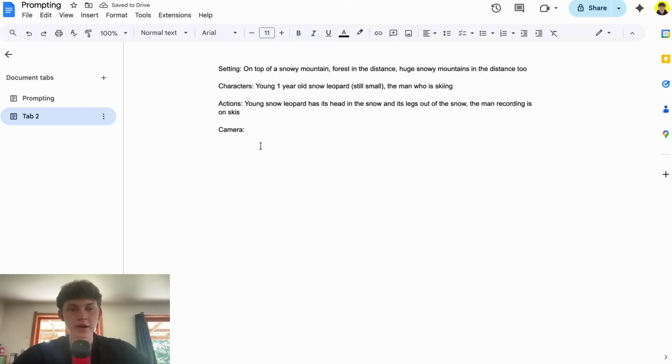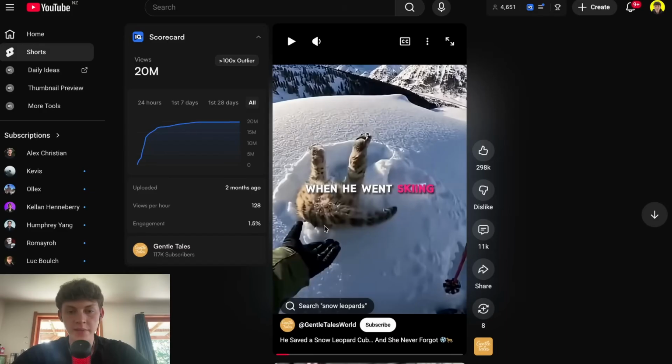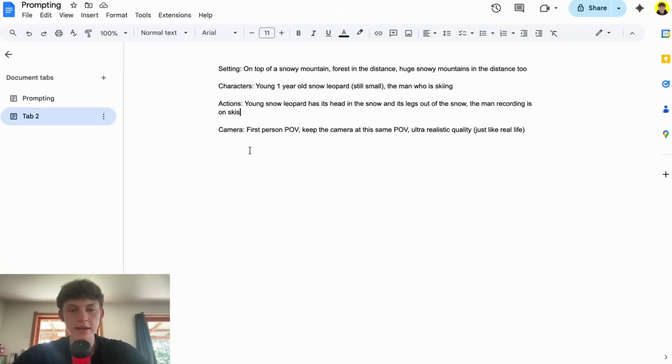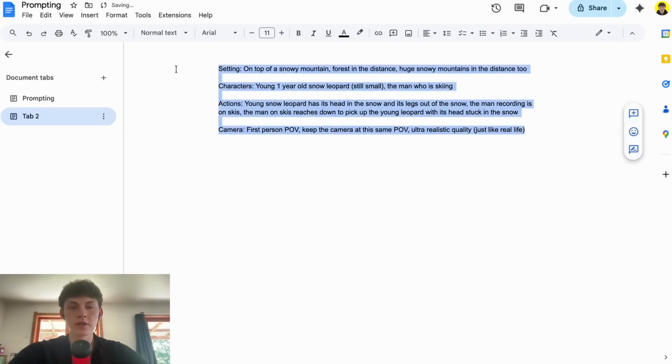And now for the camera, we have first person POV, keep the camera at the same POV so it doesn't change to other POVs, and then we'll add ultra realistic quality just like real life. What actually happens in the video is the man reaches over and pulls the snow leopard out. So I'll add in the actions. So now this prompt is honestly really good just like this, so I can actually copy it.